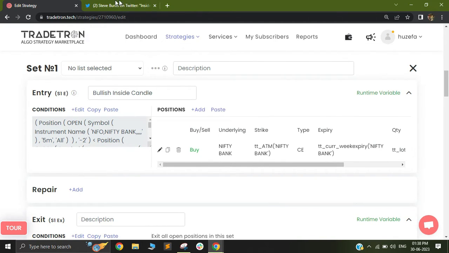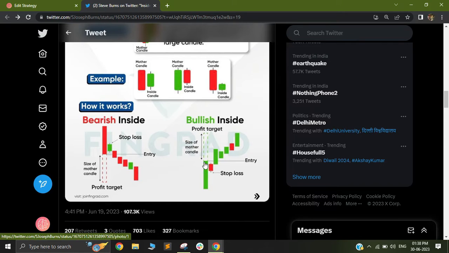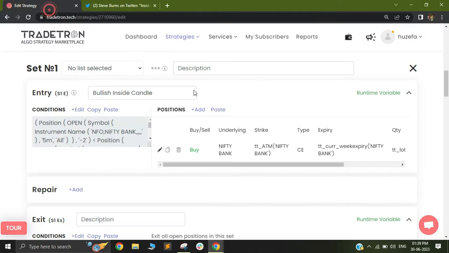Now, in order to build my exit conditions, as per this strategy it is basically a profit target or a stop loss. So the stop loss is basically the low of the inside candle, and the target is basically the distance of the entire candle. So let's say if this candle was of 10 points, my target out here will be of 10 points. So in order to build my target out here, I will generate some